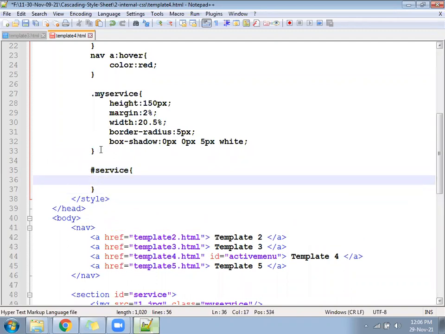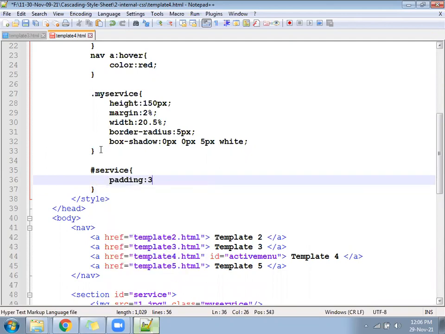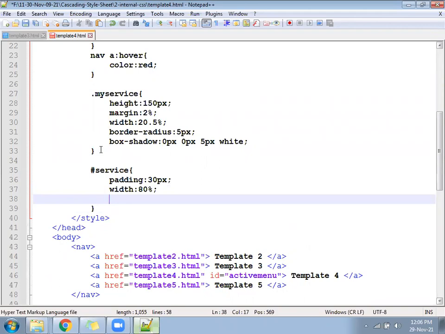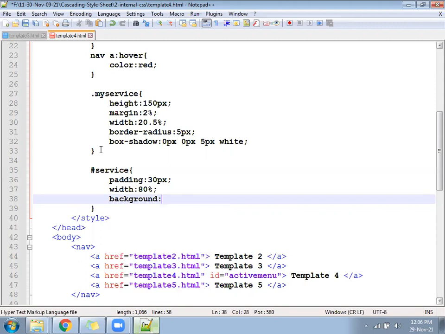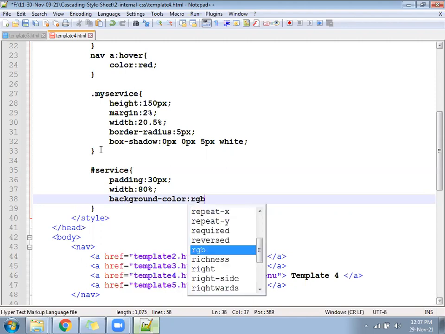Inside that, first padding, somewhere 30 px, and after that width, somewhere close to 80%. After that, background, some different color, background hyphen color, RGB,